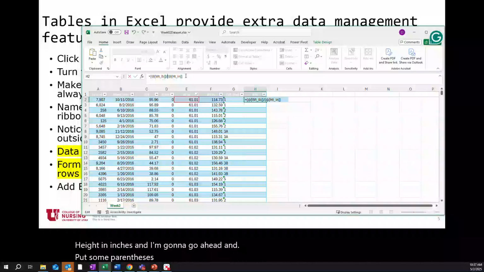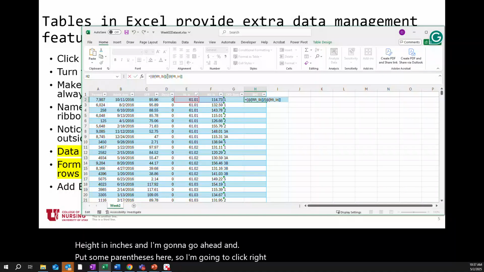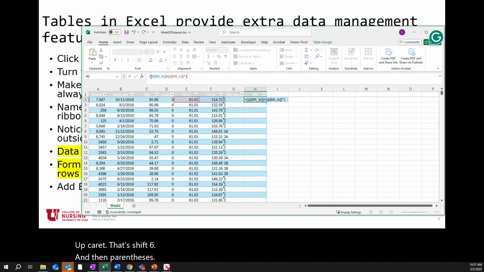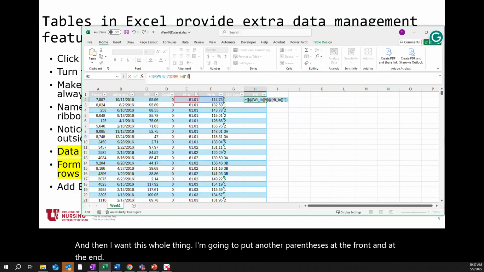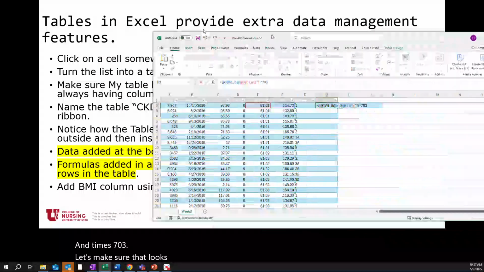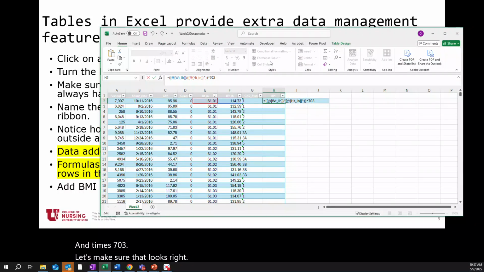So I'm going to click right after the division sign there, and we're going to go a little up caret, that's shift 6, and then a parentheses, and then I want this whole thing, I'm going to put another parentheses at the front and at the end, and times 703. Let's make sure that looks right. Yep. And let's hit enter. And if I didn't make any mistakes,